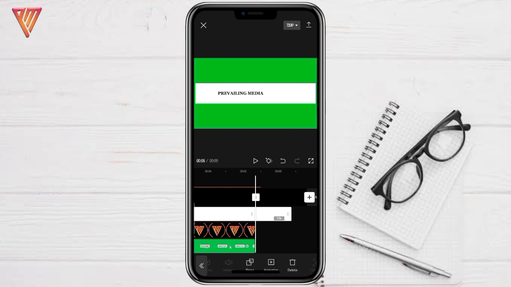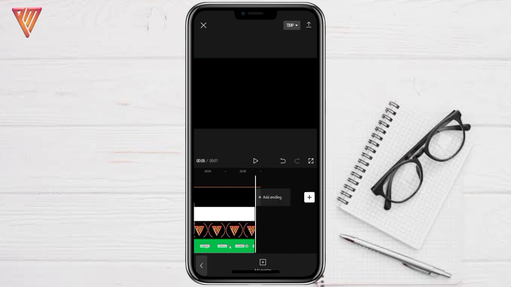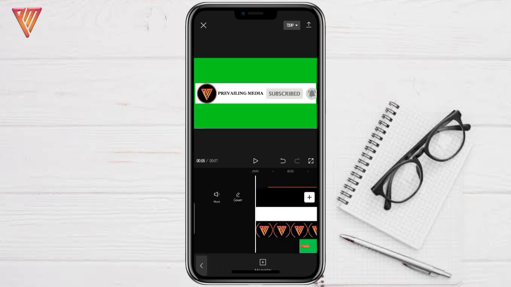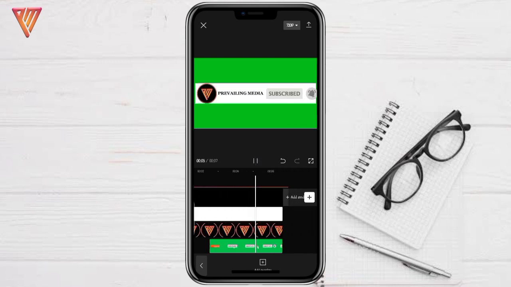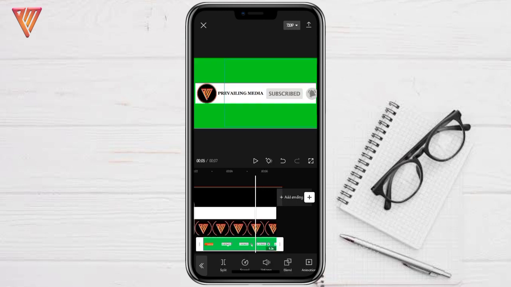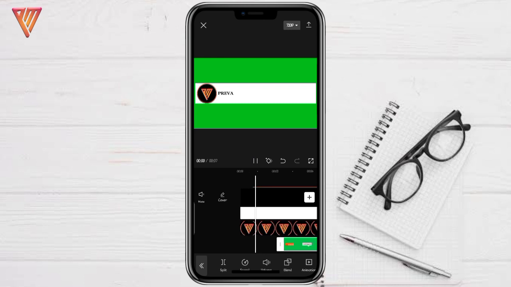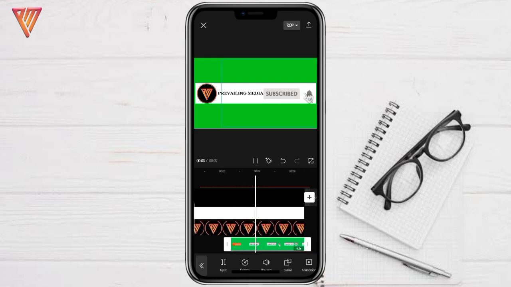Delete every single place here, cut it and split it and delete every single one for the other pictures too, then subscribed. This is what you get,